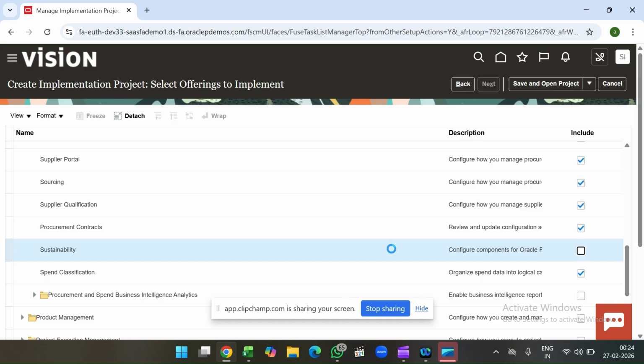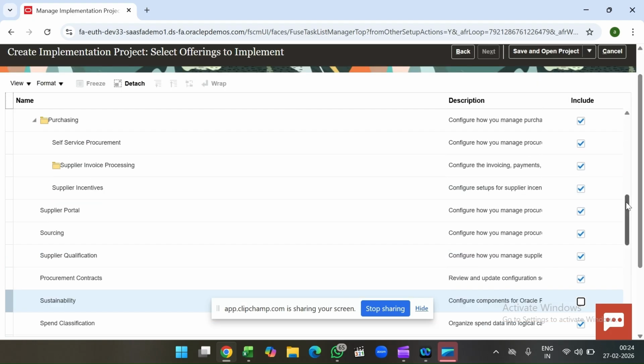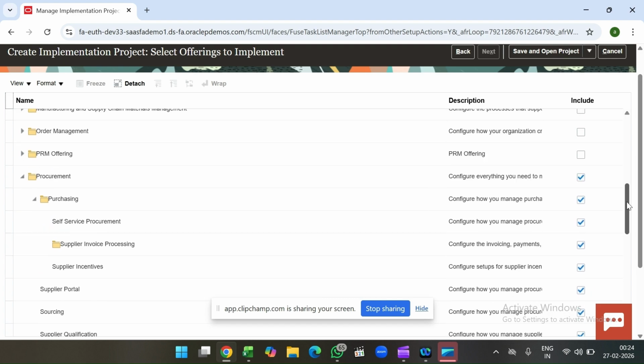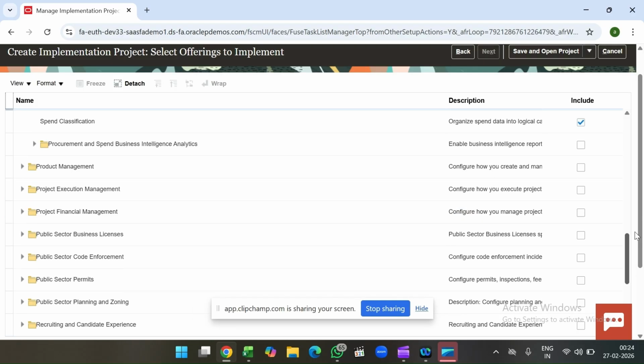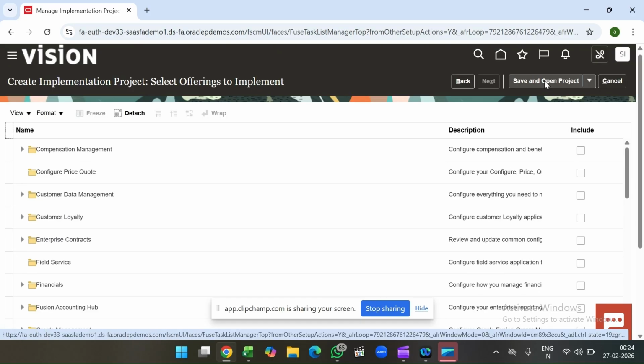For our case, sustainability is not required. I'm not enabling that. I have enabled this many options. You just verify twice: have we enabled as per the business requirement or not? You just make sure. Once you get the confirmation, then save and open project. Just click it. So the system will be giving sequence wise as per our